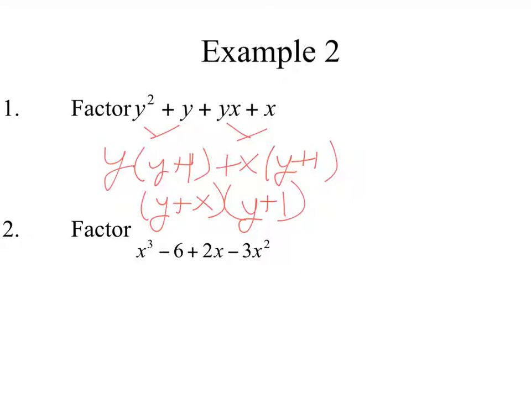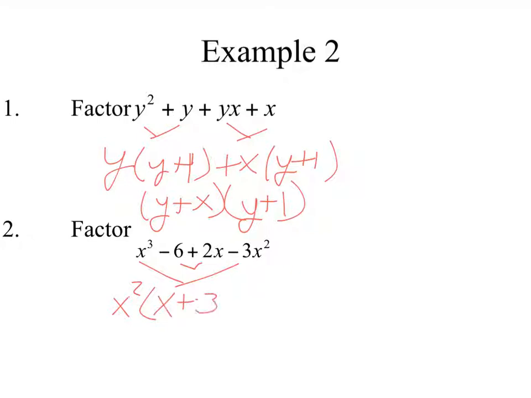So number 2 is one of those 5% of the times where the first two don't work, there's nothing I can GCF out of those first two. So I'm actually going to put the middle two together and pull the first and the last. There are lots of different pairs that you could put together to GCF this out. I could have put the -6 and the -3x squared together. It's just personal preference. So I'm going to pull the x squared out, and that's going to leave me with